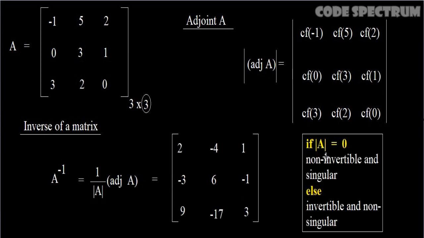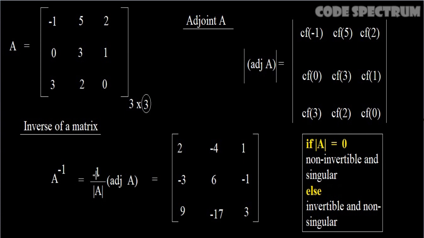One should note an important property of the adjoint of a matrix and the inverse. If the determinant of A is equal to 0, then the matrix is called non-invertible and singular. Else, it is invertible and non-singular. The reason can be like this. If the determinant is 0, place this 0 here. If you place 0 here, the inverse of the matrix A would become infinity or undefined,